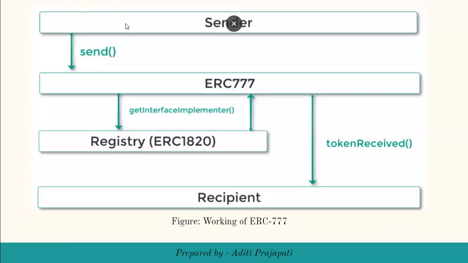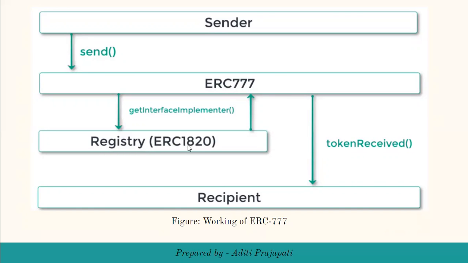So how does this ERC777 work? You can see here we have a sender, and this sender will use a send function to send tokens or ether or whatever he wants to the receiver. So this send function will be initiated from the sender itself, and it consists of tokens. Now, instead of directly connecting the sender to the receiver or the recipient, we have in between ERC777 and a registry,